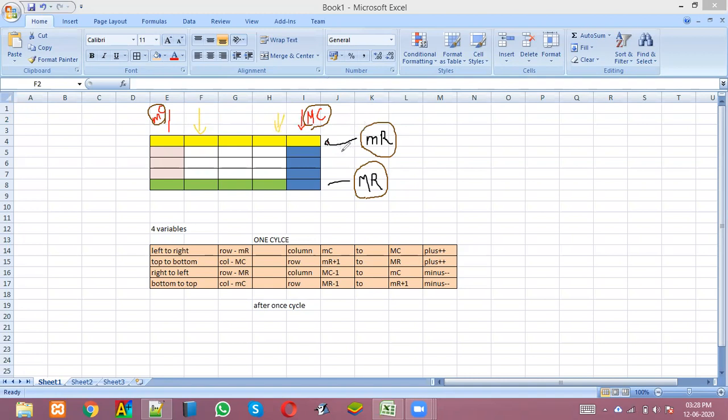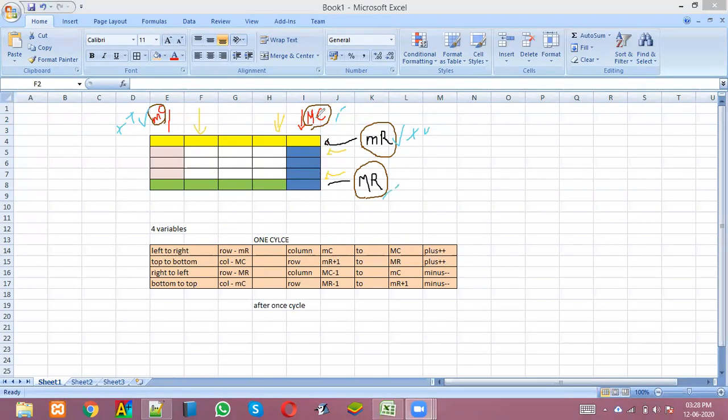Minimum row we should increment by 1. This is going to be the new minimum row. Maximum row we have to decrement by 1. This is now going to be the new maximum row, which means all the minimums have to be incremented and maximums have to be decremented.